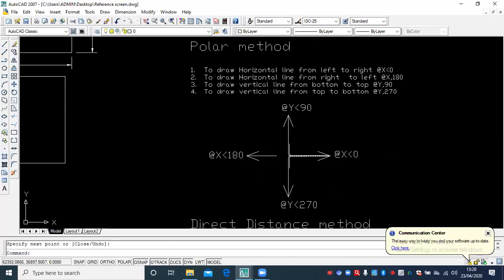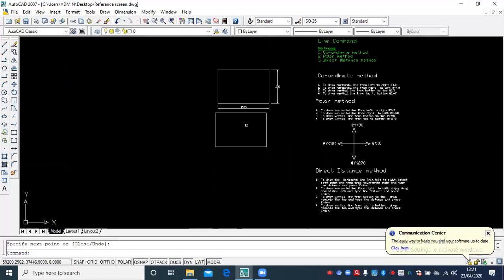If you want to go from bottom to top, @ y less than 90 degree, and you want to draw from top to bottom, @ y less than 270. Very simple.